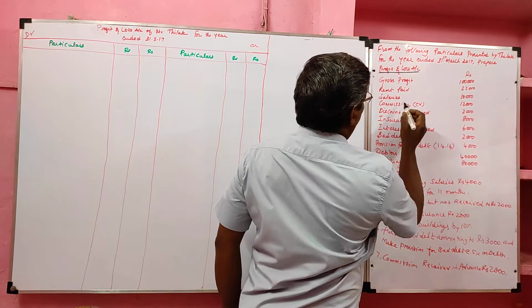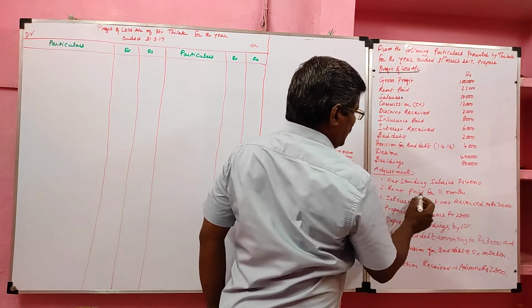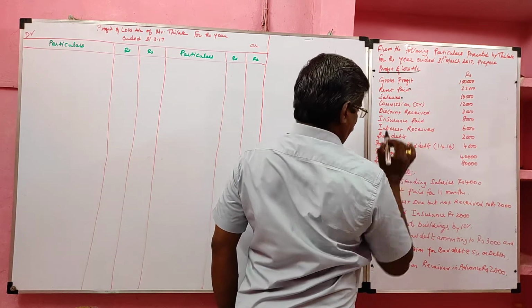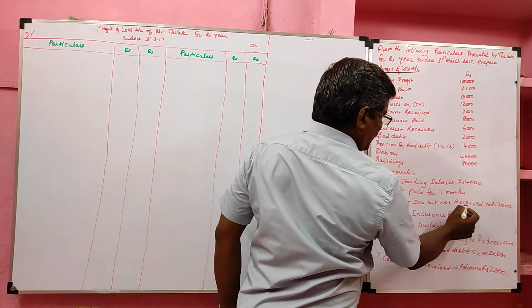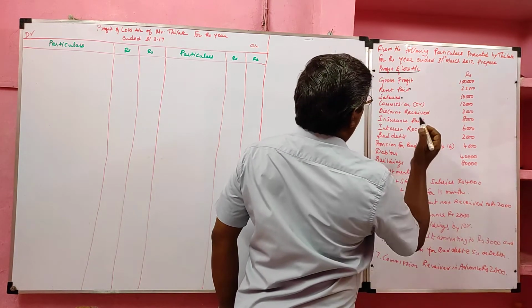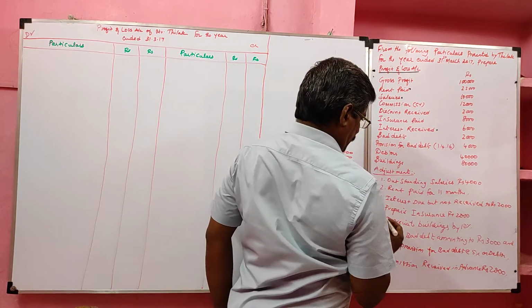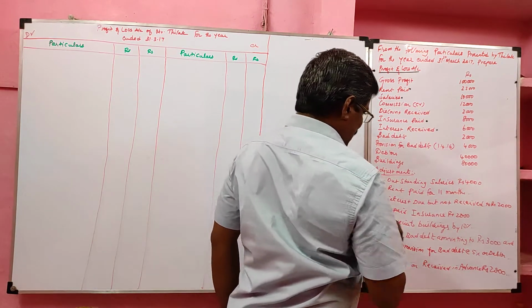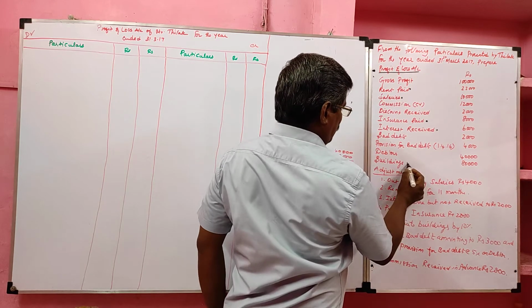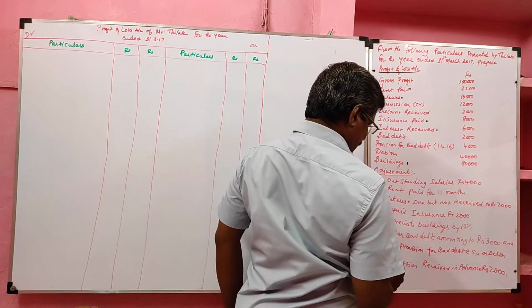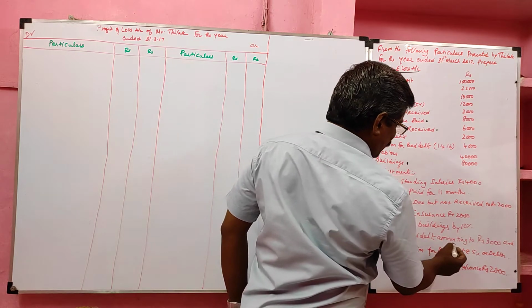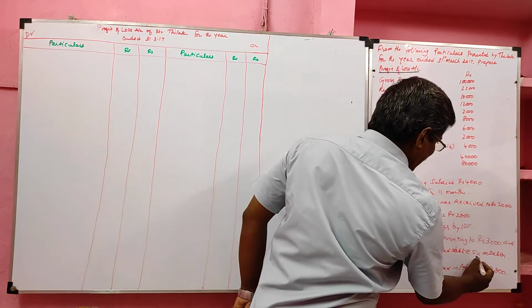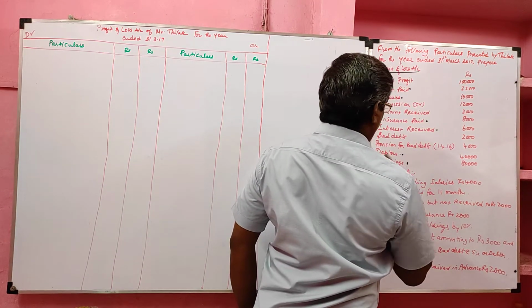Outstanding salary. So we have adjustment with salary. Rent prepaid. Rent paid for 11 months. So we have adjustment for rent. Interest due but not received, rupees 2000. So we have adjustment for interest received. Prepaid insurance, rupees 2000. So we have adjustment for insurance. Depreciate building, we have adjustment for building. Then further bad debts amounting to rupees 3000. So we have adjustment for debtor. And make a provision for bad and doubtful debts 5% on debtor. So we have two adjustments for debtor.